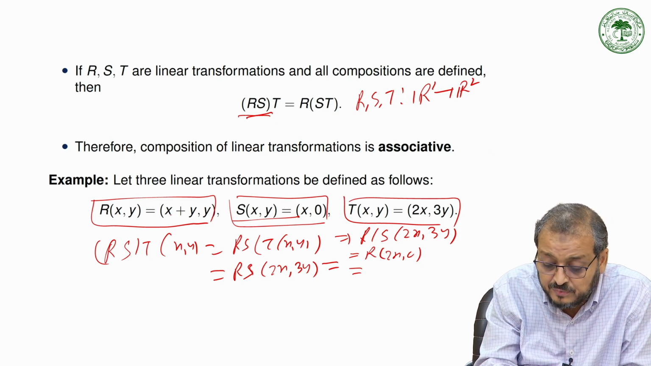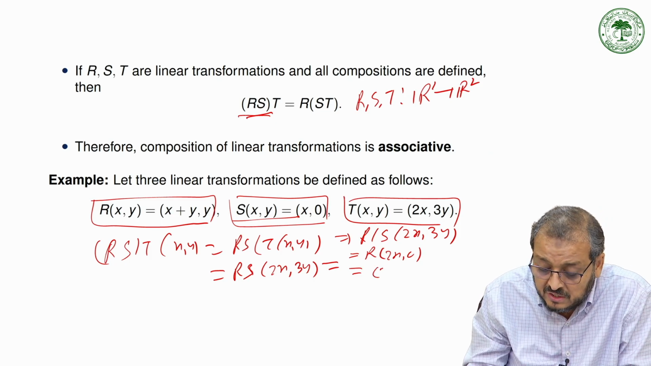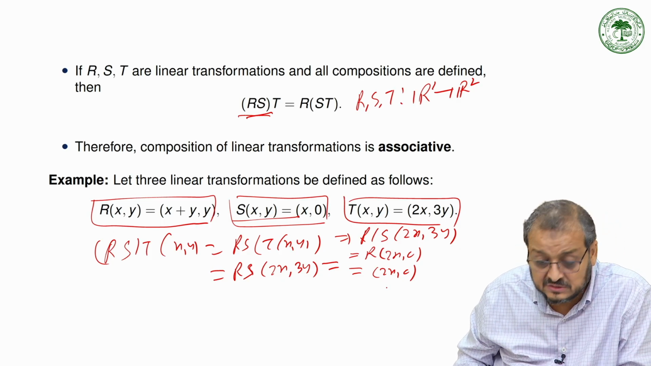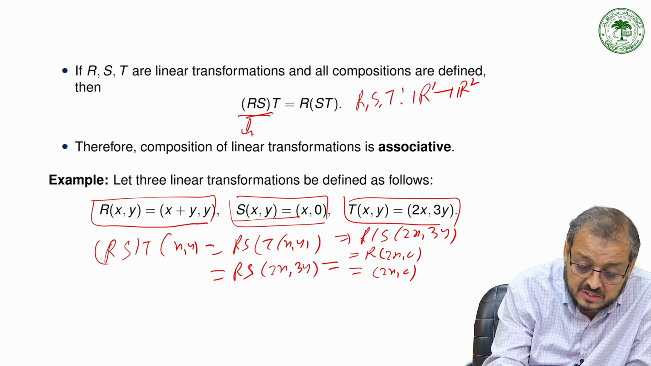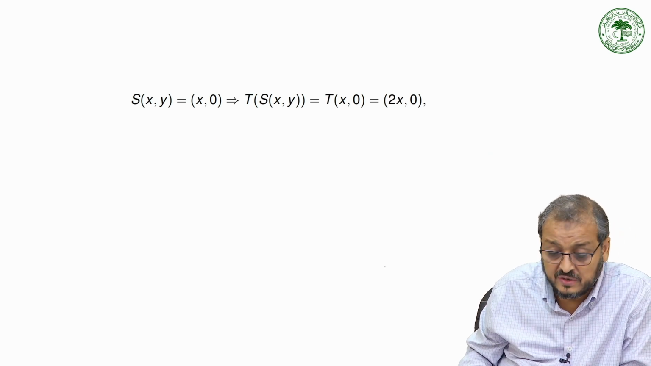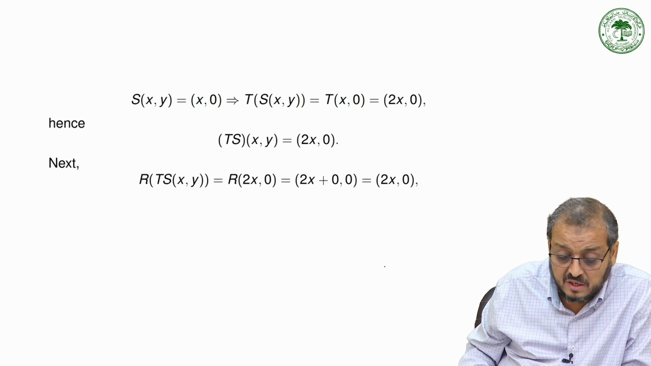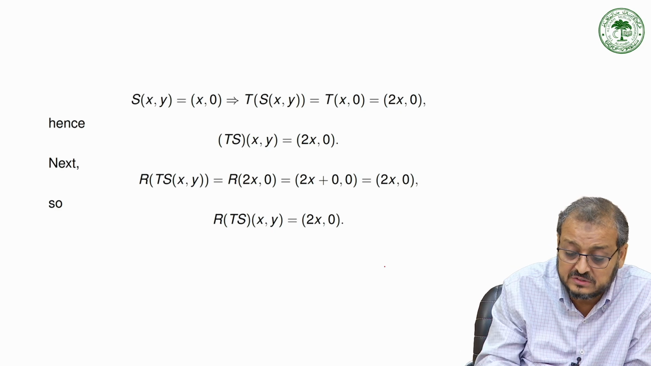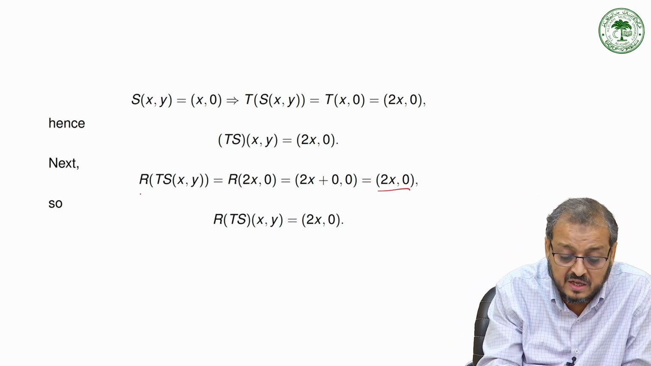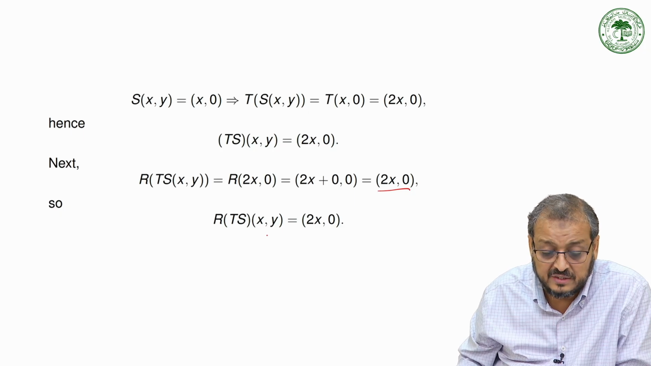R is defined for (x + y, y), so this is nothing but equal to (2x, 0). So you can say that RS value is nothing but equal to (2x, 0). So this means we can say it this way. The other way we have to just say is again (2x, 0). So this means we can say that RTS is equal to 0, and then we can simply say